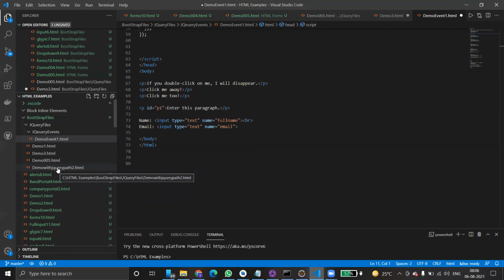What's the purpose of jQuery? The purpose of jQuery is to make our JavaScript much easier. Instead of writing multiple lines, we simply abridge our code. It's lightweight, and you can write fewer lines of code and perform more functionality with the same set of lines.